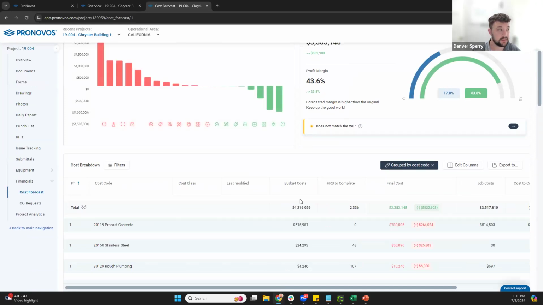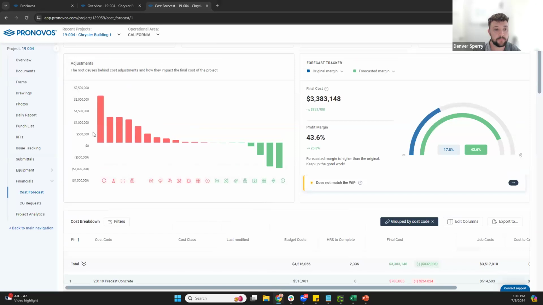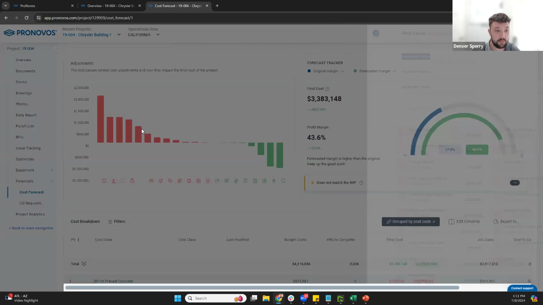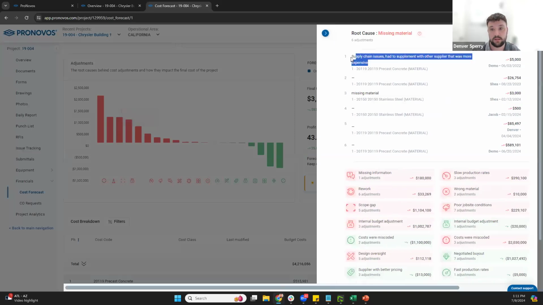So a couple other things that we have updated. It's kind of a small update, but you can click into the chart here. It's not just simply telling you dollars per each individual reason. If you click into any of those, you would be able to see all the notes that you've put in for those adjustments, who made them, and when those adjustments were made. So you'll get the reason, you'll get the cost code, and you'll get all the notes. Now, this one's all the same note, but you'd be able to see, there you go, right? You'd be able to see all the notes in there for which cost codes were impacted by those adjustments,